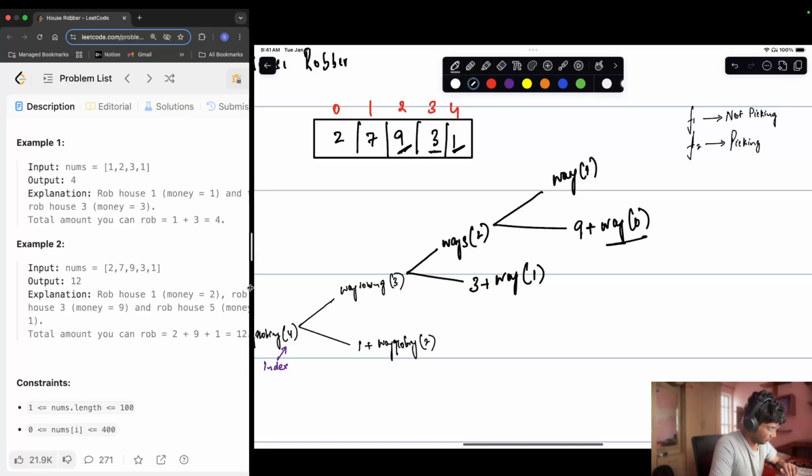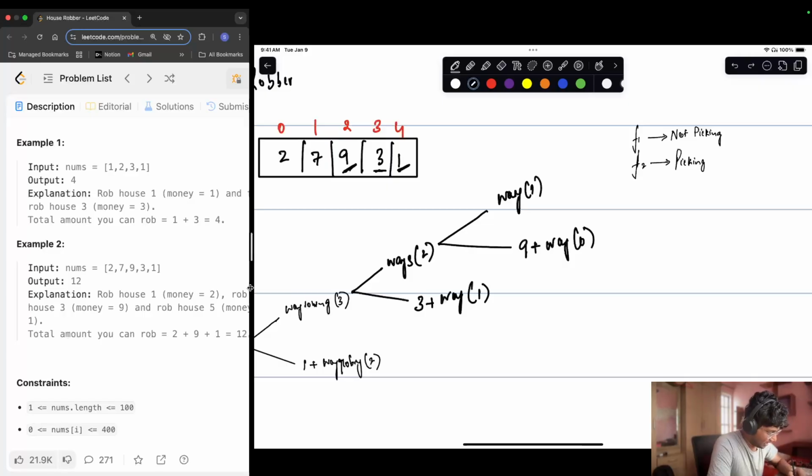Now, ways of picking 1. I'll either not pick 1, so I'll go to ways of 0, or I'll